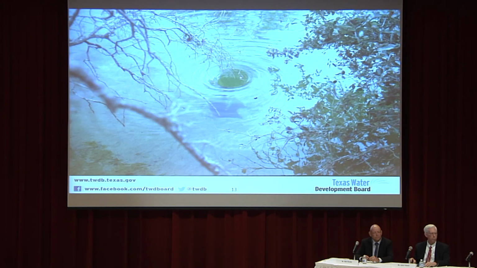And I just have to conclude with a picture like this. This is near Austin, a little whirlpool forming, I believe on Onion Creek, or one of the creeks south of Austin, just showing actually